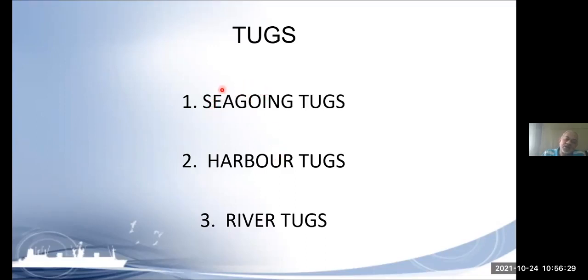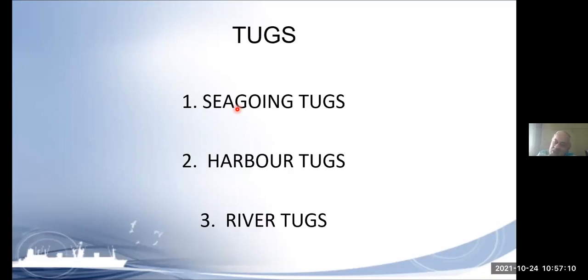So let us understand what this sea-going tug is. A sea-going tug is a tug which can go out to sea, to the ocean. So it requires a lot of different compliance against the regulations and good construction for sea-going capabilities. Okay, so the tug should have 100% waterproof arrangements, and it should be able to take the weather when it goes to sea. So this is a differently constructed tug.